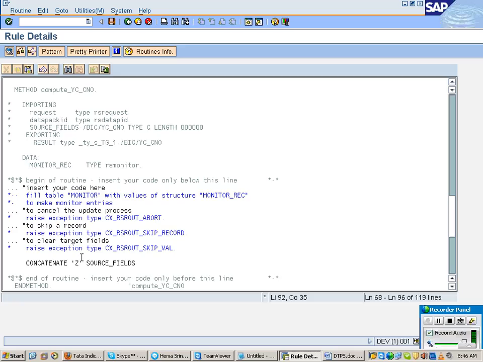But when you say source underscore fields, that's the entire data source. In the data source, it has to catch the value of what? Customer number hyphen. How is customer number written? Your info object name was YC underscore C1, but it is prefixed with what? Even if you create a field or info object, it is prefixed. So now, give this. I am saying combine Z with the customer number of the data source.